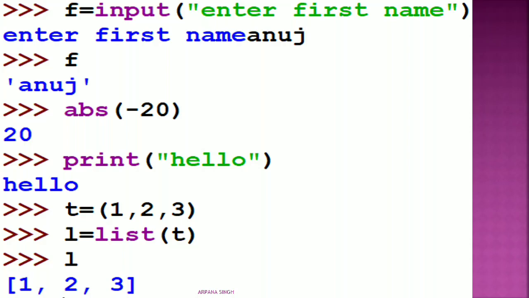This is the Python code, and see how the built-in functions have been used. You can use them directly without including any import statement. Directly, you can use the function name and the arguments that are required by the function. That is, ABS works on a positive or negative integer, so within the round bracket of ABS, you have to use a positive or negative integer. Print requires any value to print. Within the bracket, you have to give any value.